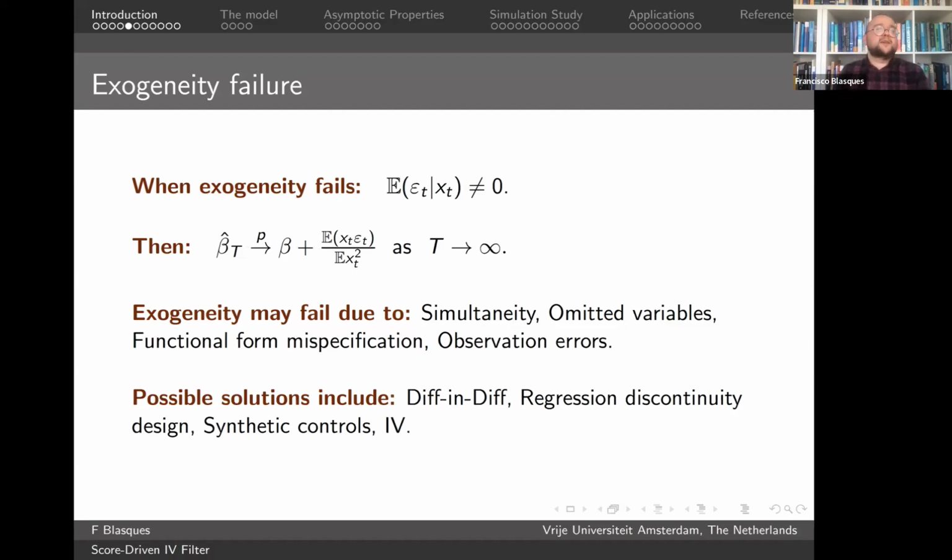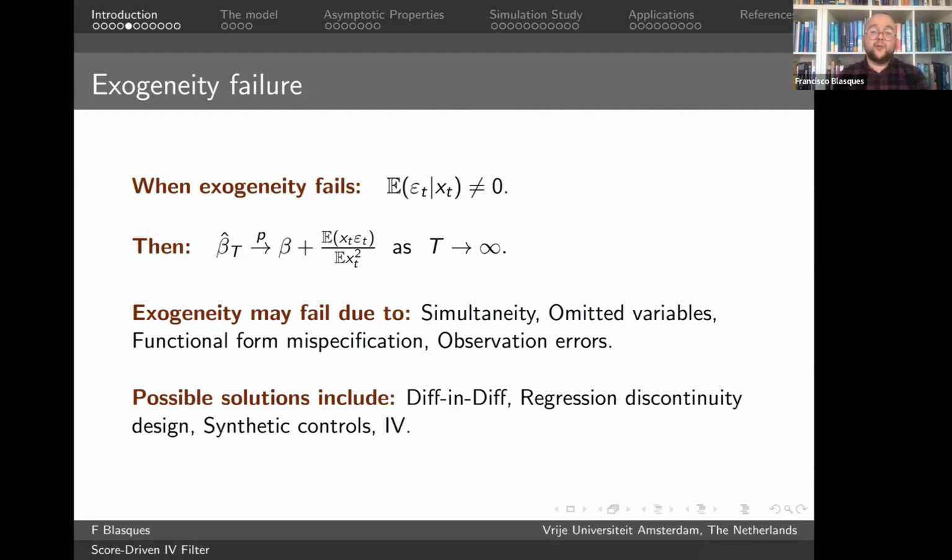Omitted variables, right? When I'm missing some variables that are actually correlated with x, we have endogeneity, and this results in a bias. Functional form misspecification, observation errors. Well, there's a host of other reasons that can lead to the exogeneity condition failing, and then beta hat converging to a limit quantity, which is beta plus a remainder term. Well, possible solutions